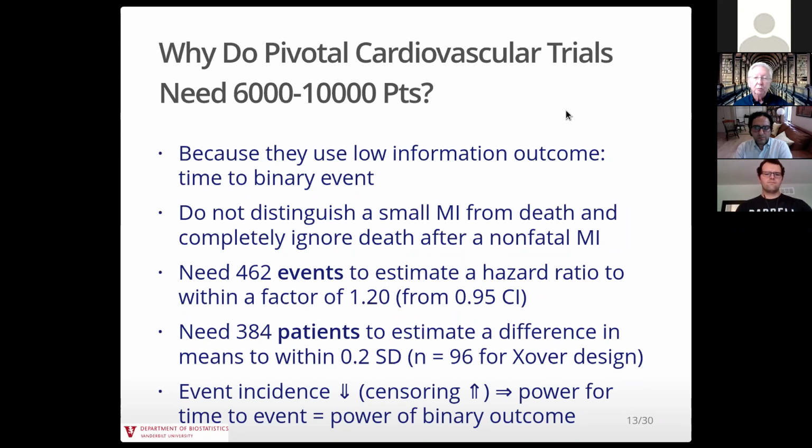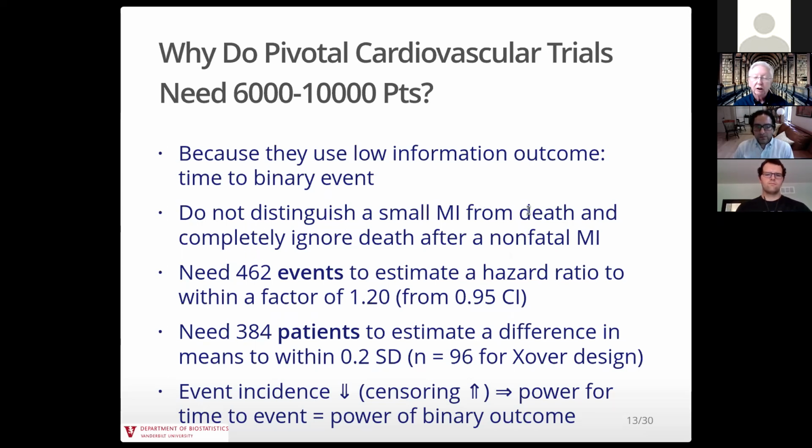So if you're using major cardiac event and you're counting myocardial infarction and death as two of your components in your composite endpoint, you're not distinguishing a small myocardial infarction from death. So you're not breaking the ties. And it's the failure to break ties that loses information, doesn't give treatments enough credit for reducing death. It may give them a little too much credit for just reducing non-fatal MI, but the statistical power suffers by